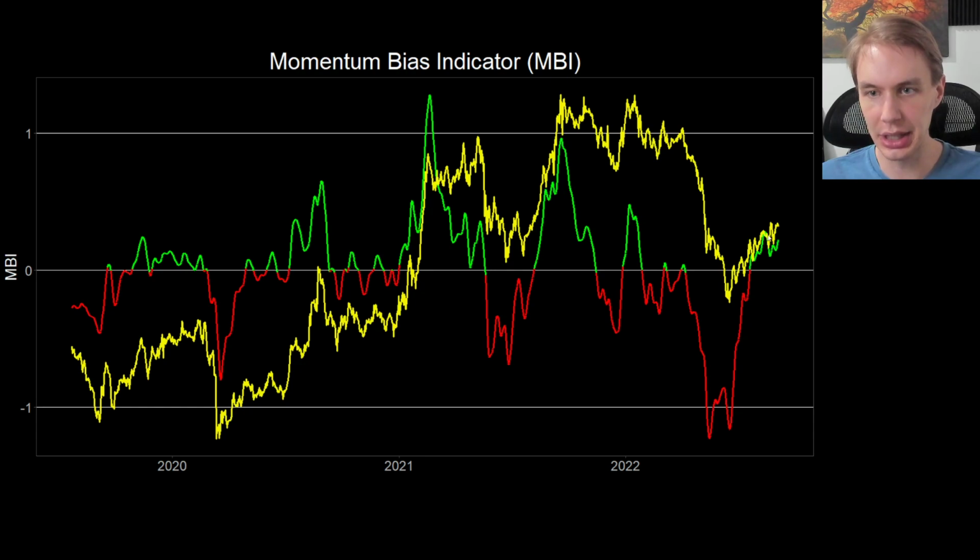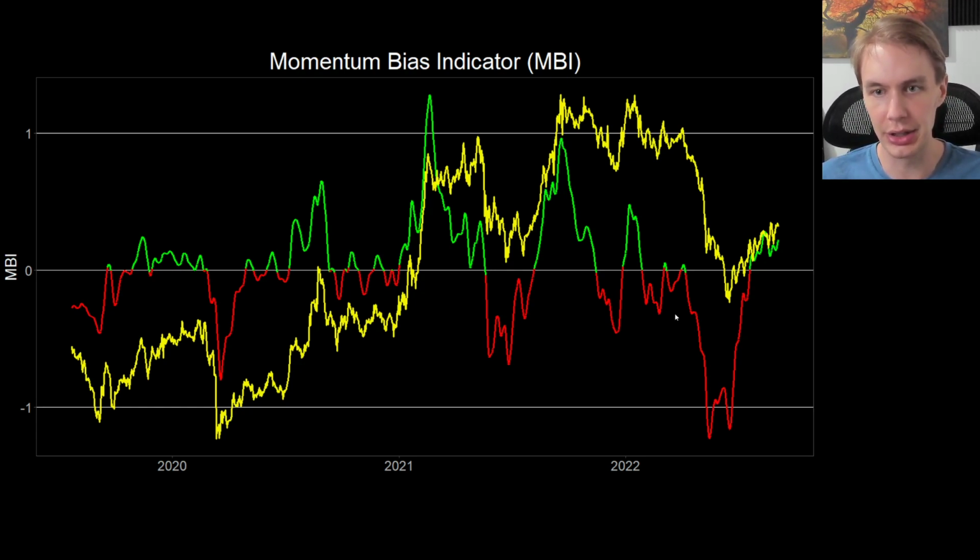And so what we're seeing is actually a decent amount of time getting spent above zero, which is notable because what you don't want to see in a bear market is this kind of behavior playing out where you just poke your head above zero and then go back into the red, poke your head above zero, go back into the red. That's very diagnostic of bear markets. We see this in basically every asset I've looked at the MBI for. This is the way that they'll behave during bear markets.